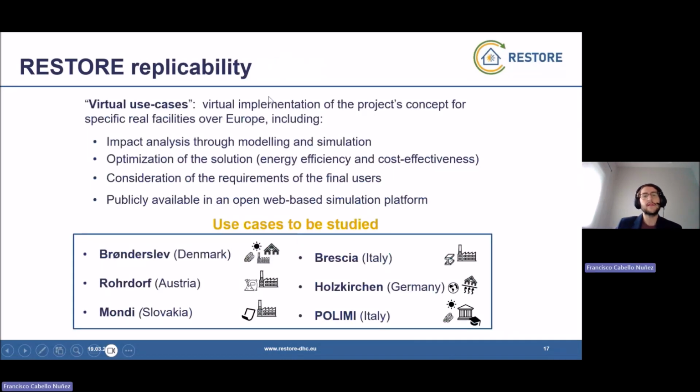In addition, another activity that we consider in this project is the analysis of the replicability of the solution. And for that, we define what we have called the virtual use cases. These virtual use cases are a virtual implementation of the project concept for specific real facilities spread over Europe, and include activities like impact analysis through modeling and simulation,